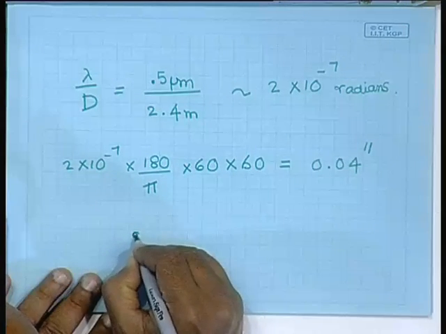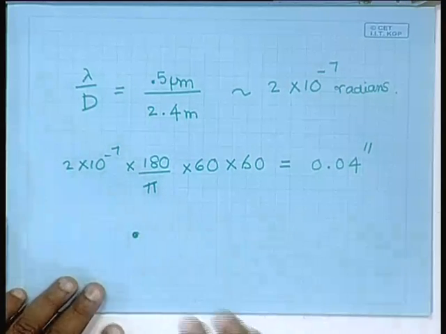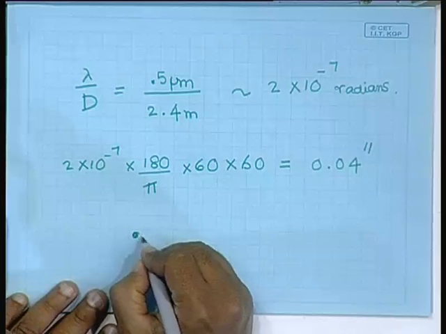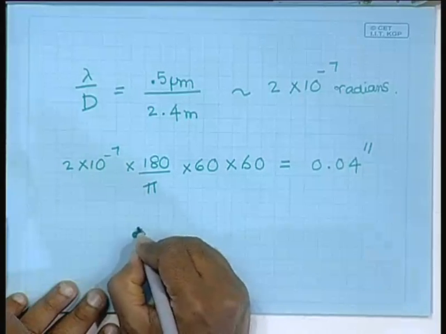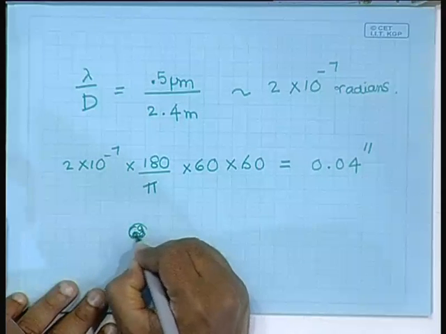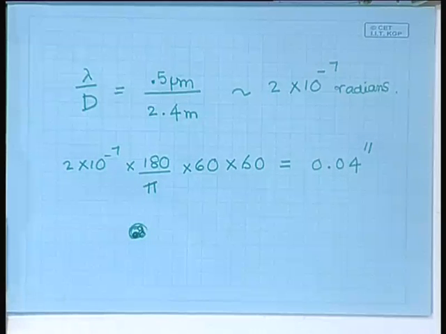Now, the question may arise in your mind, why is it necessary to send a telescope into space? Why not put a 2.4 meter telescope on the surface of the earth? You would have the same angular resolution. Well, there is a problem here. The earth's atmosphere is a refracting medium, and this refracting medium is actually changing with time. As a consequence of this, if I were to make an image of a star, at one instant of time the image of the star would appear somewhere here. At the next instant of time, the refractive index of the atmosphere would have changed, causing the image to move around. So, the image would be shifted, and finally, the image which you get would actually be quite a bit larger than that which is